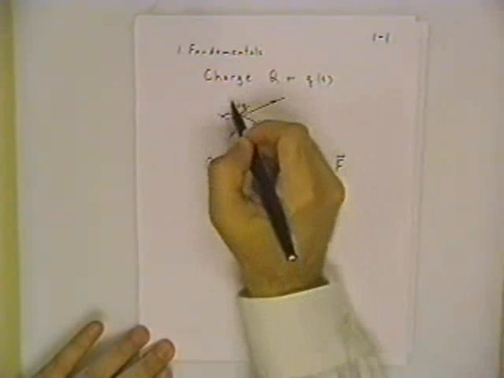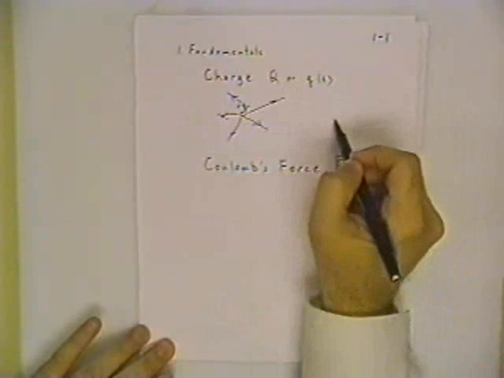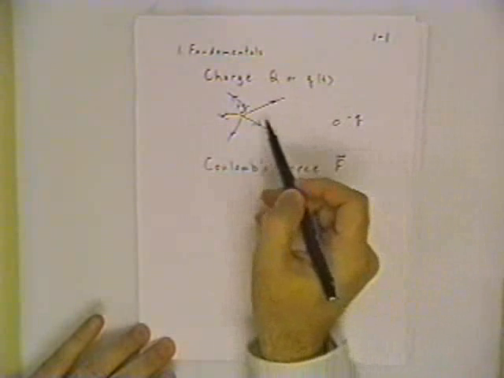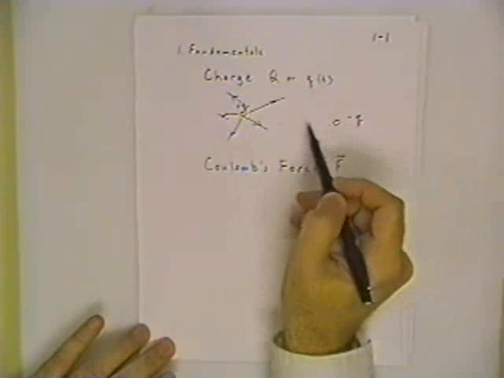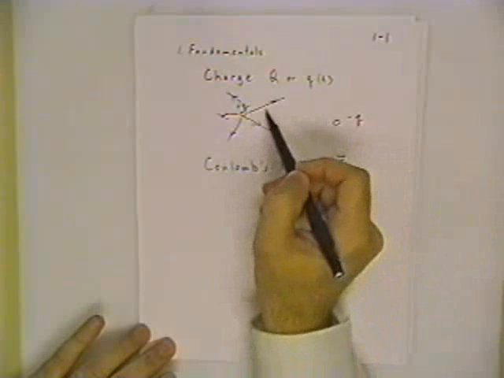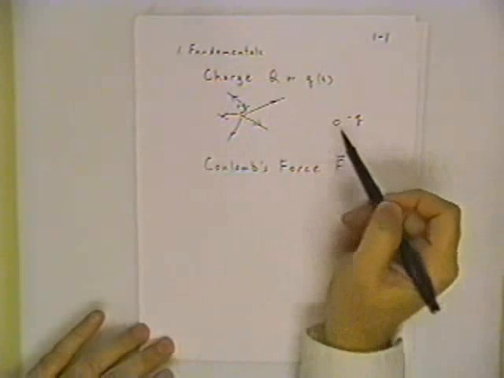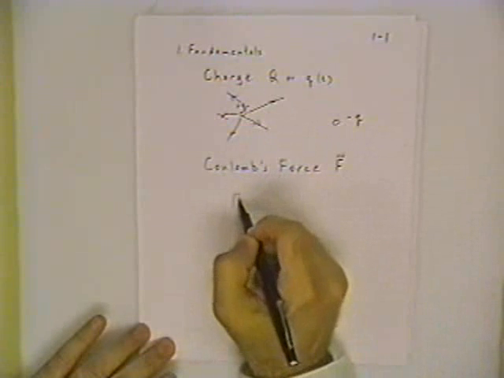and it's by this means that electric charges interact with each other, because over here if we have a negative charge, it's going to feel an attraction to this positive charge, and the way we can calculate that is to figure out how strong is the field, the electric field, due to this charge at the location of this charge. And that's where we get into Coulomb's force law. You might recall